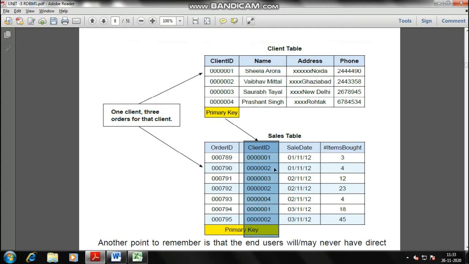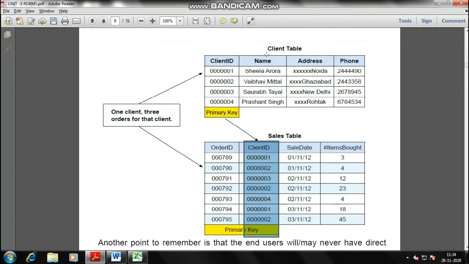And if the primary key of one table is getting added to the other table, that will act as a foreign key.